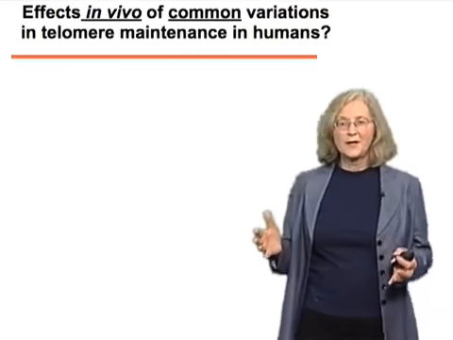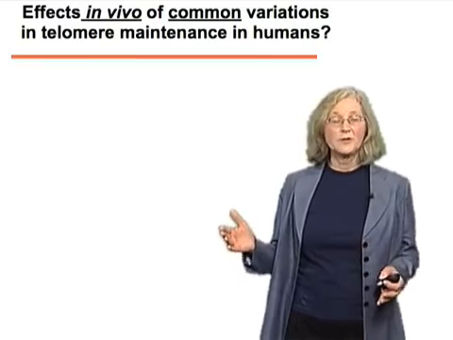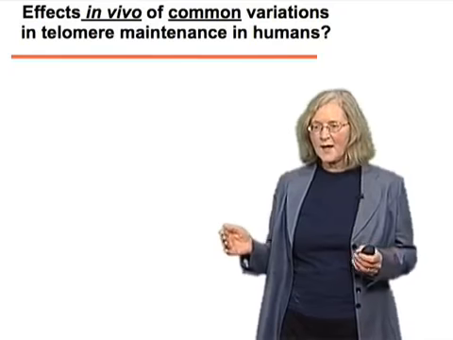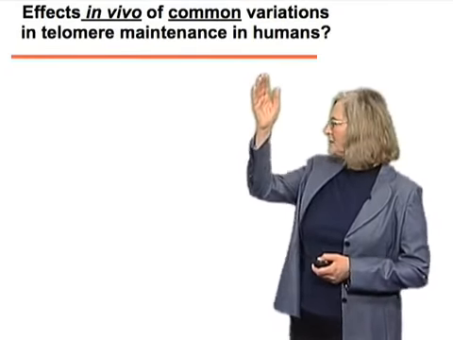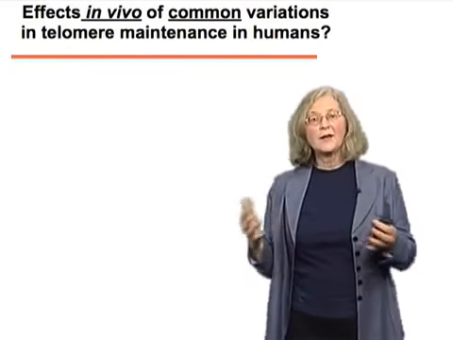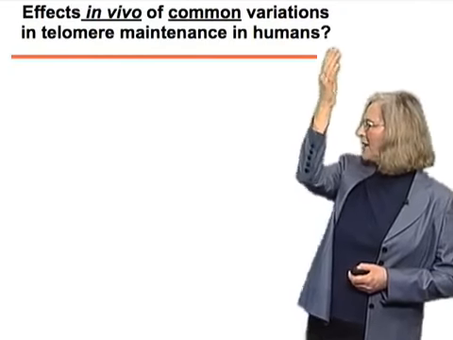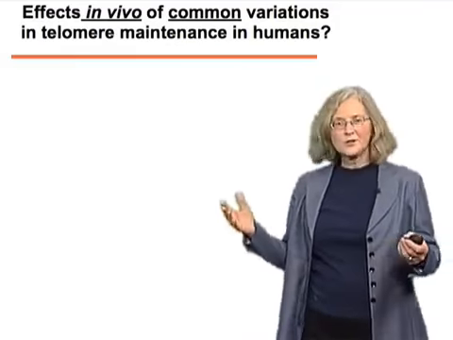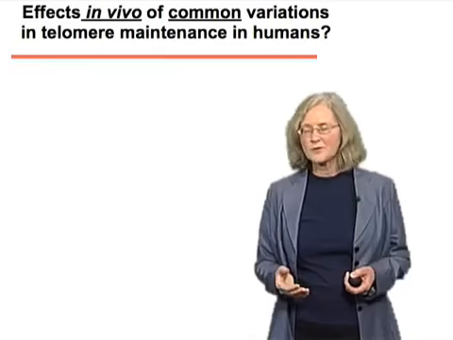Okay, but that's a rare disease. Is this relevant to what happens in the vast majority of humans who do not have this rare disease, informative as it is? That gave a strong clue to look. So what's the situation for humans who are not ostensibly carrying any known genetic disease? What's the effect of common variations in how their telomeres are maintained in humans? Variations caused by, for example, non-genetic differences between individuals.